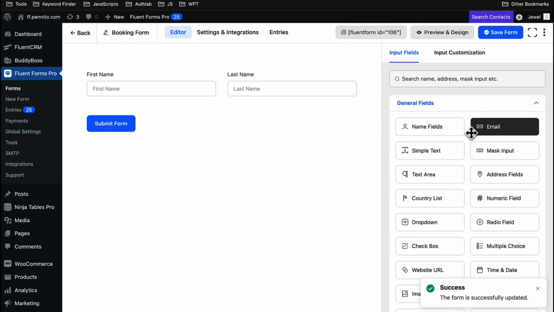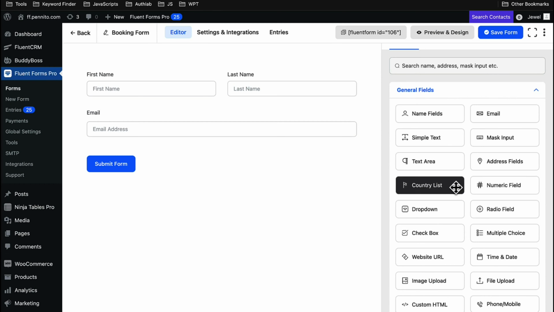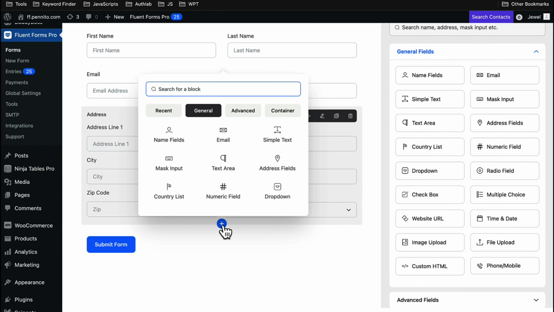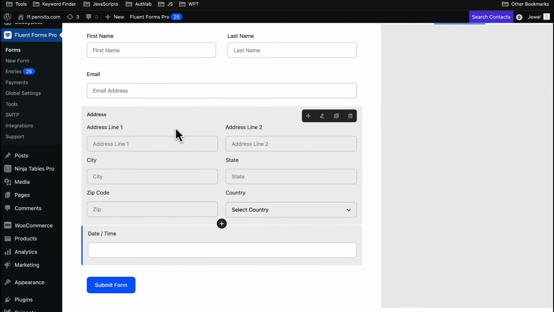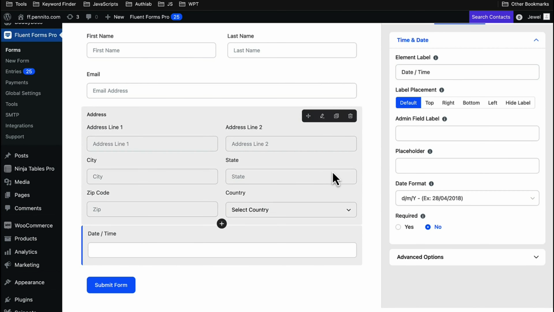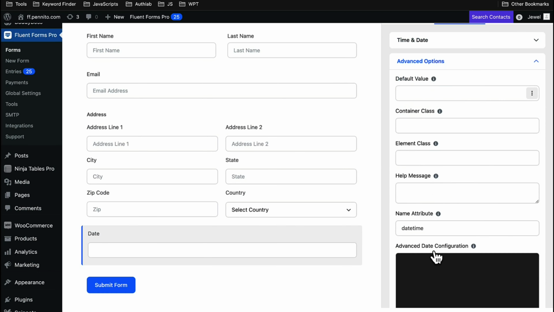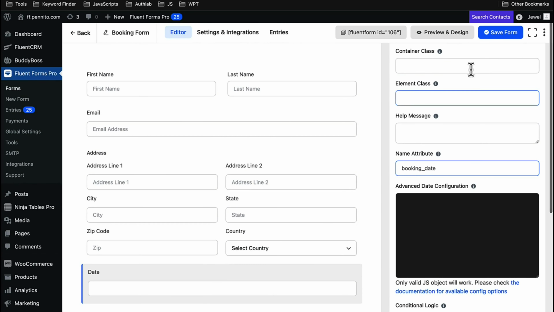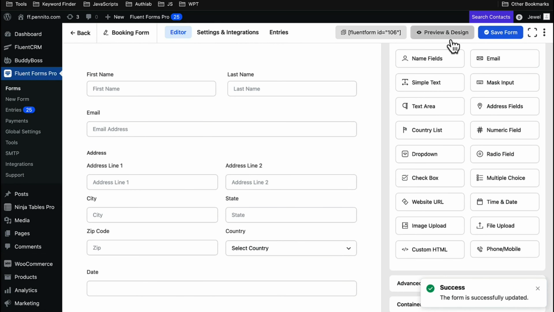I'll take the necessary fields and finally the date field for booking. Let's change the label and the name attribute. Now if I save and preview the design,